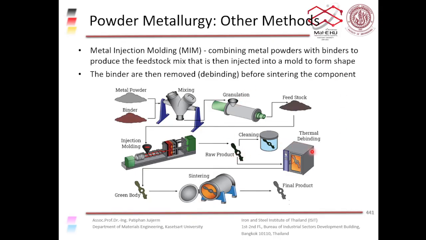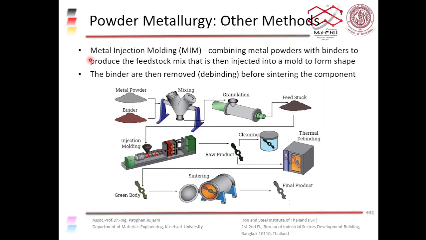Okay, so that's the basic powder metallurgy. You mix the powder together, you compact it, you sinter it, you get your final product. And then some engineers thought that for polymers we always use injection molding to produce different shapes of polymer products, and it's really fast. It's really cost effective to do that for polymers. Why don't we do that with metals? So they tried